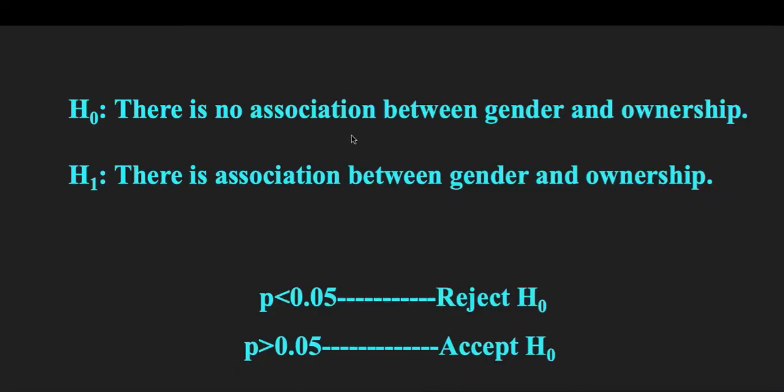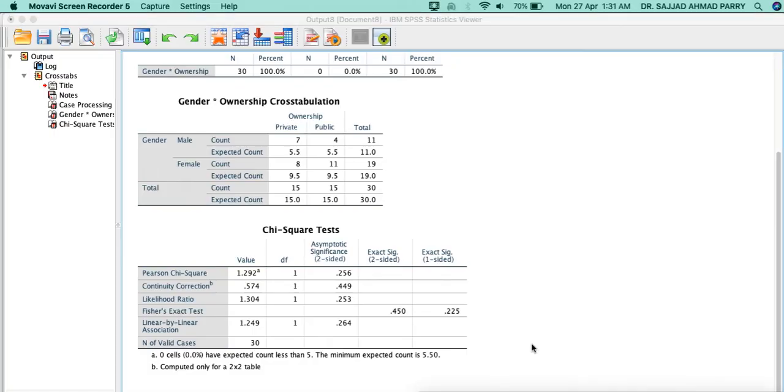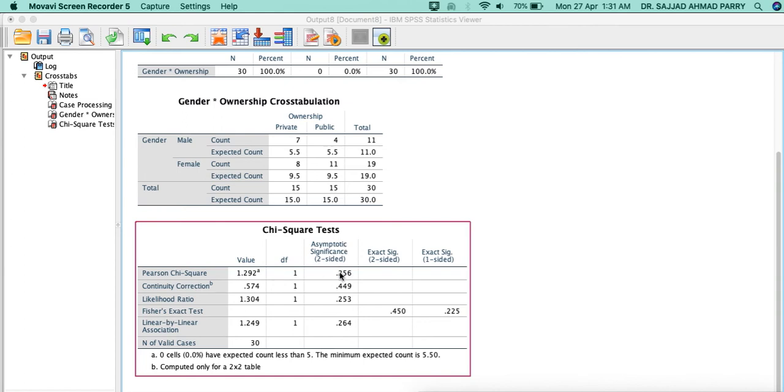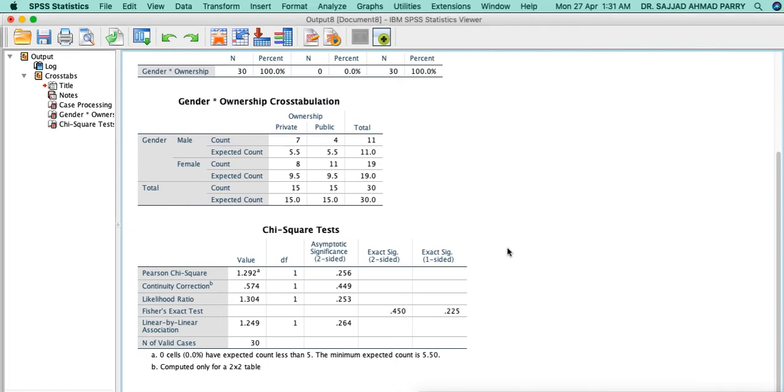There is no association between gender and ownership, and there is association between gender and ownership, and if p-value is less than 0.05, we are going to reject H0. If p-value is greater than 0.05, that is level of significance or alpha value, we are going to accept H0. Now if we see from this chi-square test, our p-value is greater than 0.05, and hence we are going to accept null hypothesis, that is, there is no association between gender and ownership.